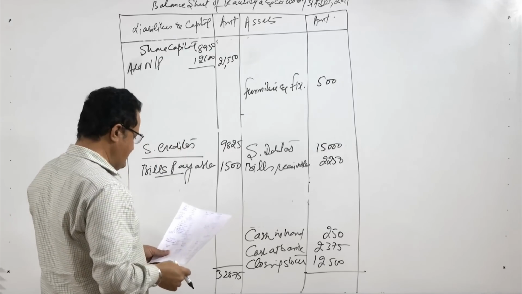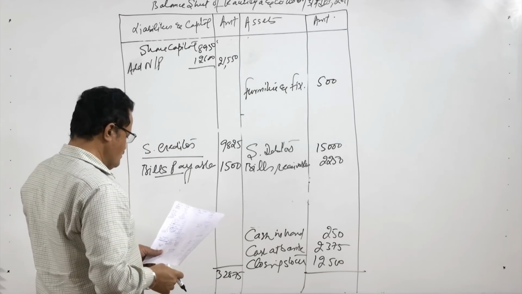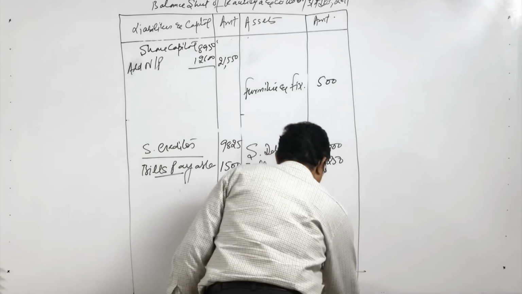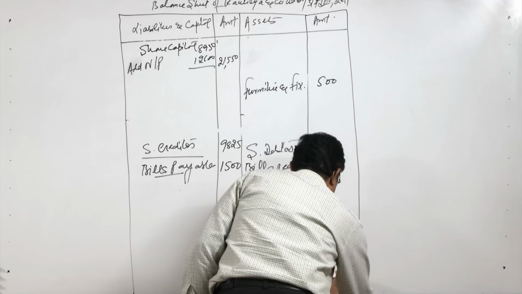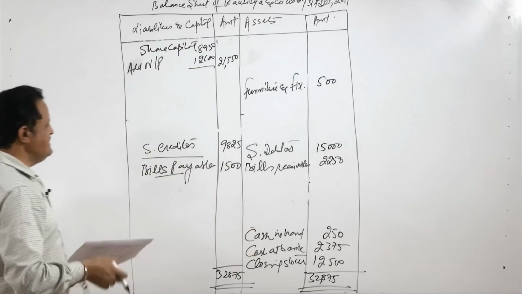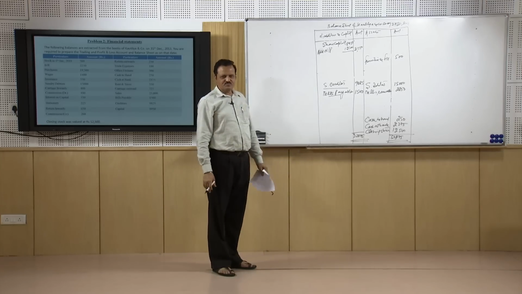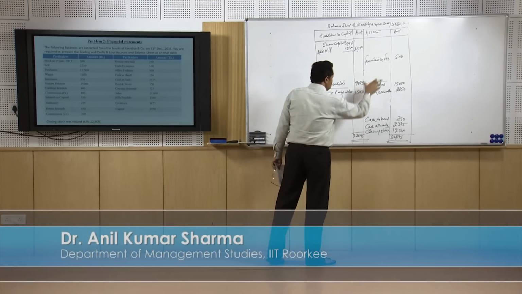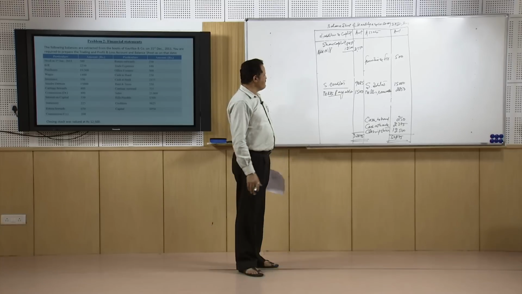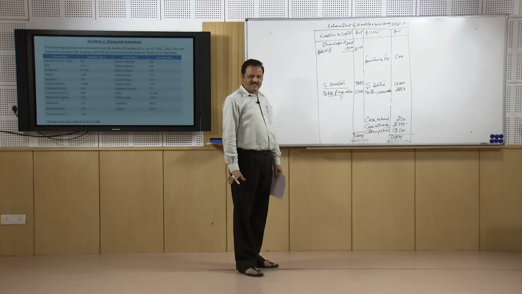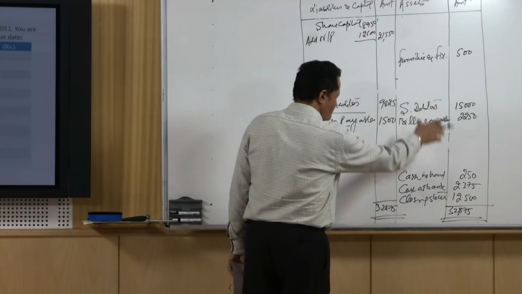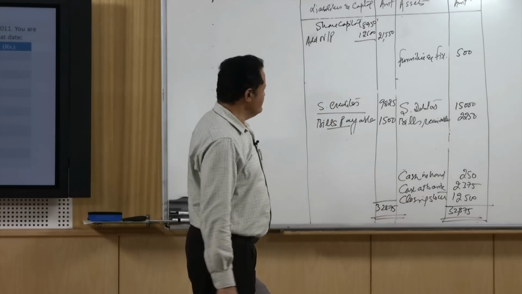So, it is office fixture 500, then the sundry debtors, then 2250, closing stock we have taken, and then cash in hand, cash at bank. So, it is 32,875. If you look at this document, it is presenting a balanced view. The total of this side is equal to the total of this side, and both are balanced. It means the financial position of this business is balanced, and whatever resources they have raised, they have the proper justification for that, and that is why this document is called